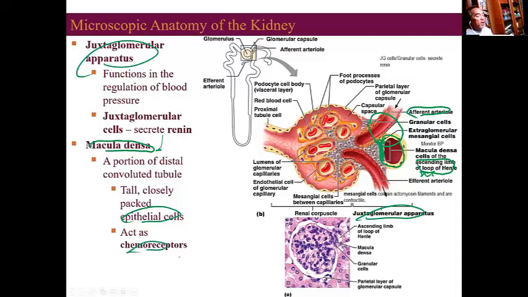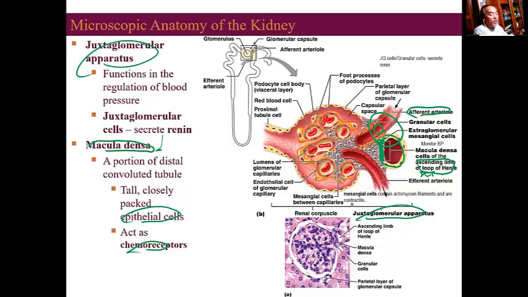So when there's a low sodium level in your blood, it's monitoring the sodium level in the blood here. It means that your blood pressure is low. That is the reason why your macula densa is a sensory receptor to monitor the blood pressure in